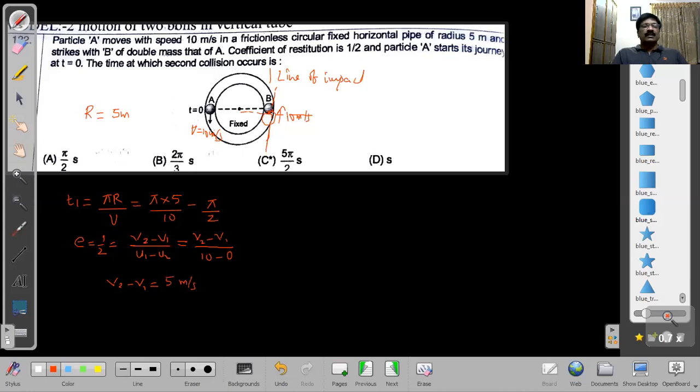That means it is the relative velocity of separation. Relative velocity of separation means the relative velocity of the two bodies after collision. As it is the relative velocity of the second with respect to the first, we can imagine the first one at rest, and the second one travels with this relative velocity with respect to the first, and to make another collision it has to travel a distance equal to 2 pi r.